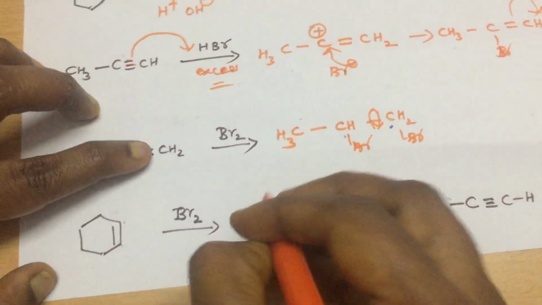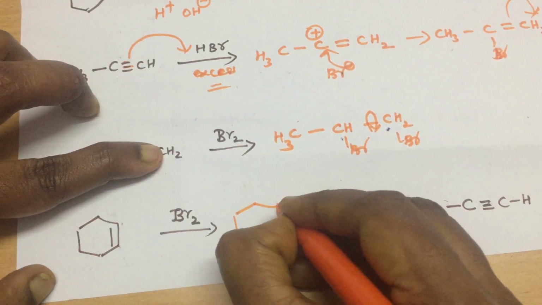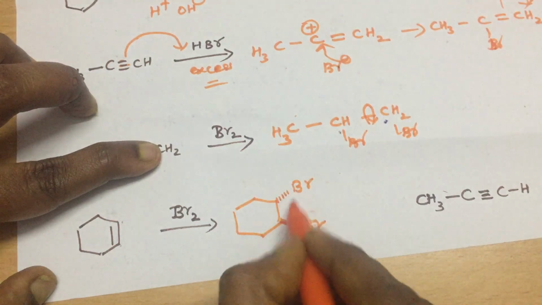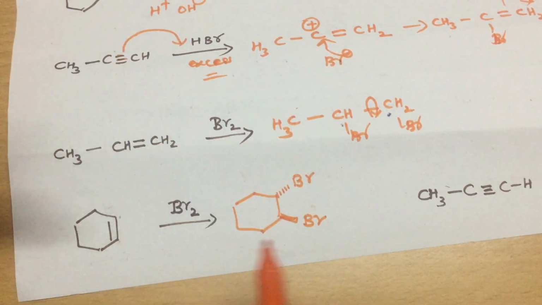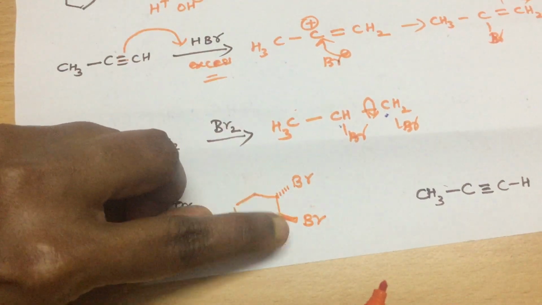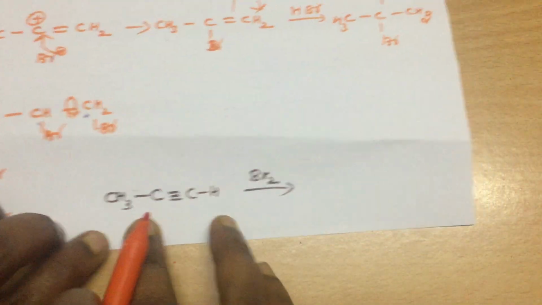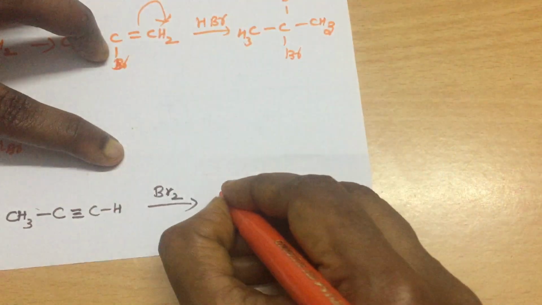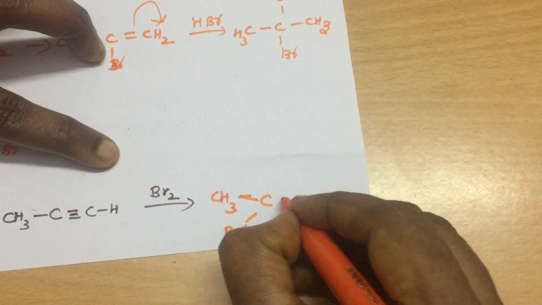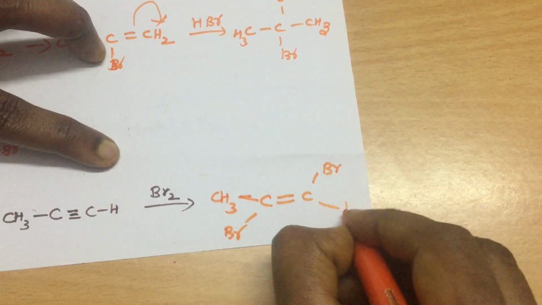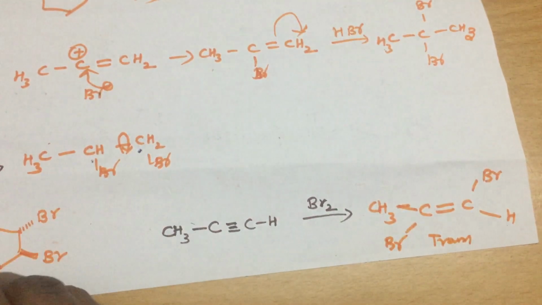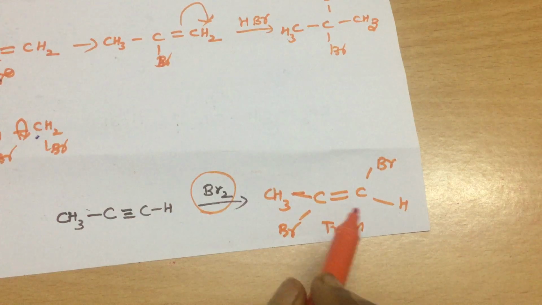When you add bromine, what happens? The bromine adds, and you have to show the stereochemistry in this way. What does it mean? These two bromines are in opposite directions. I am not telling you one will be above and one will be below; if this is above, this will be below, and if this is below, this will be above, in the opposite direction. If you add to the triple bond, you will get a double bond, and a double bond also has restricted rotation. So one bromine in this direction means one bromine in the other direction. This is a trans product. You must remember this for all the dihalogens: if you add chlorine or bromine, you will get the trans product.